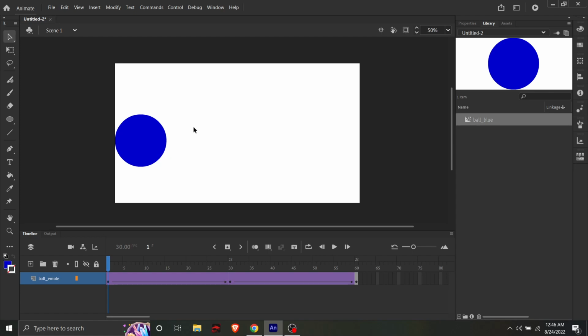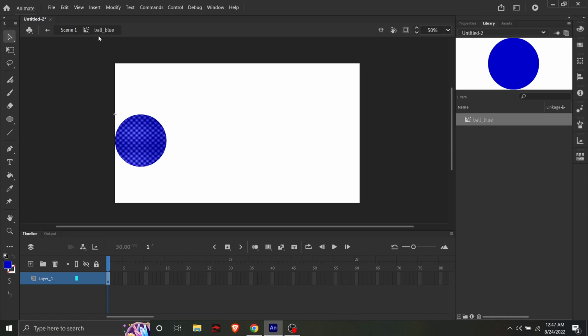And now we're going to go into this and do a nested motion tween. And this gets a little bit complicated because I have to go into two different nests. So let's just start by going into this first part. So what I'm going to do is I'm going to double click on the blue ball. And you'll see on the top it says scene 1 and then ball blue with a little square and a cog in the middle. This just lets me know that I'm working inside of this shape, and I have a